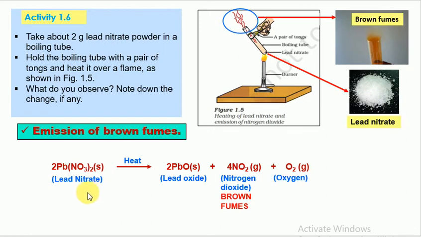So this is the chemical reaction. Pb(NO3)2, in the presence of heat, breaks down into lead oxide, nitrogen dioxide and oxygen. The brown fumes which you can see are due to the presence of nitrogen dioxide. This is a very important chemical reaction in which brown fumes are seen. Whenever you see brown fumes in a chemical reaction, you should always remember that this is occurring due to the presence of nitrogen dioxide. So lead nitrate is broken down in the presence of heat. It decomposes into lead oxide, nitrogen dioxide that has brown fumes, and it gives oxygen.